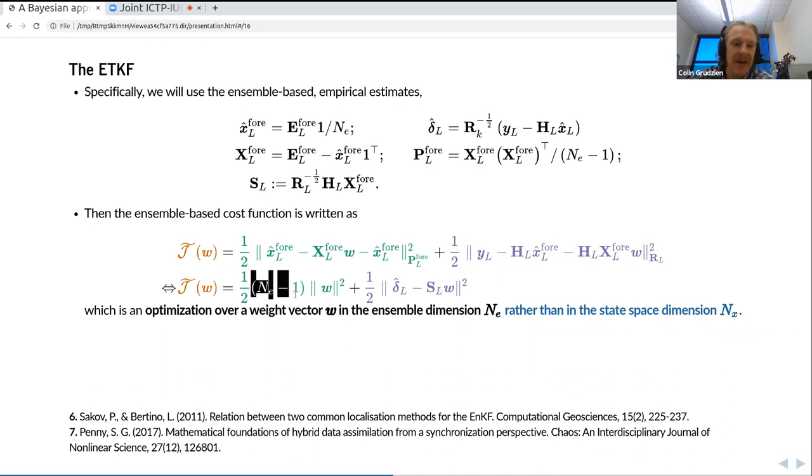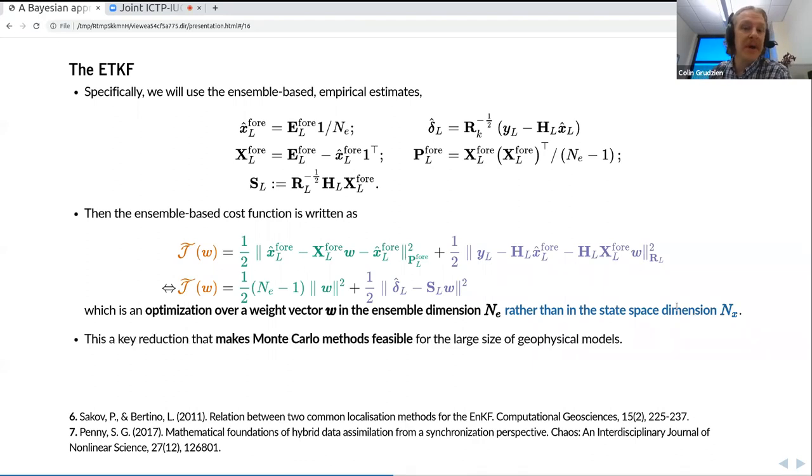We have a term that includes the ensemble dimension minus 1, corresponding to the use of the ensemble covariance and the pseudo norm with respect to this ensemble covariance. But this is now an optimization of the weight vector in the ensemble dimension rather than in the state space dimension,